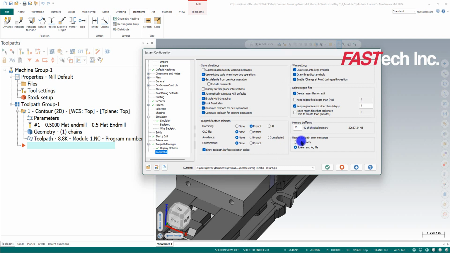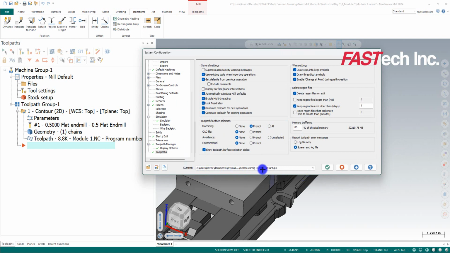If you can do this, I like to have my memory buffer about 80%. It just gives me a little bit more to play with on the memory side of it. Now when I'm done with that, I'll select OK, or I'll hit the apply button and say yes. And if you want to share this with your students or anything else of that nature,